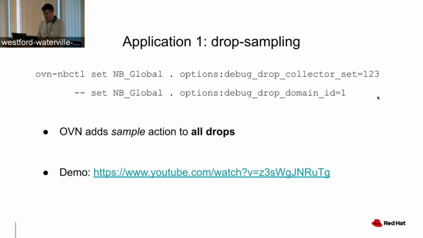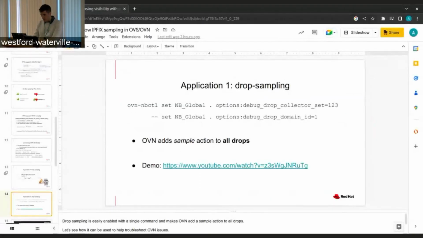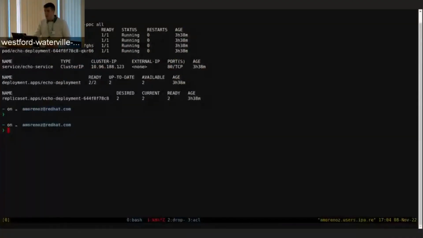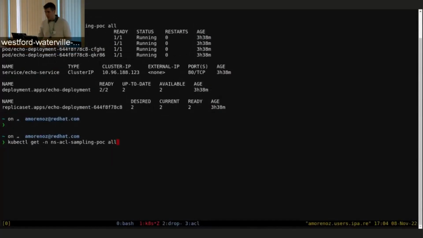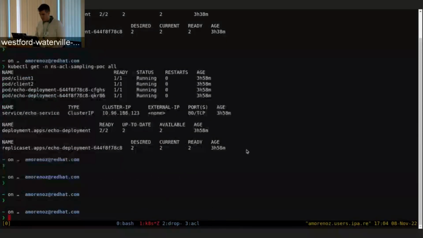I have a demo of this. So let me see if I can quickly stop sharing and share this. I hope you see something here. So I have a Kubernetes cluster, a kind cluster, on my own laptop,